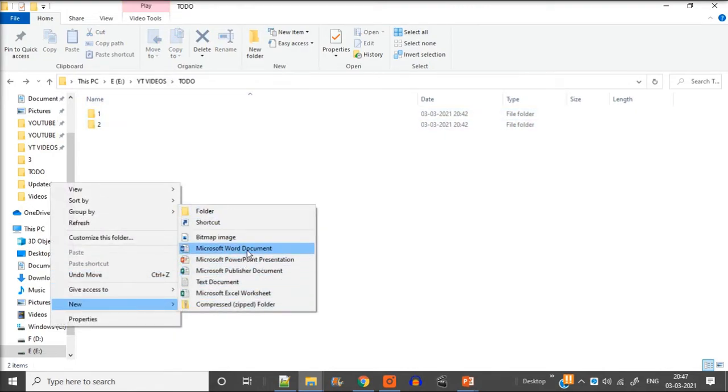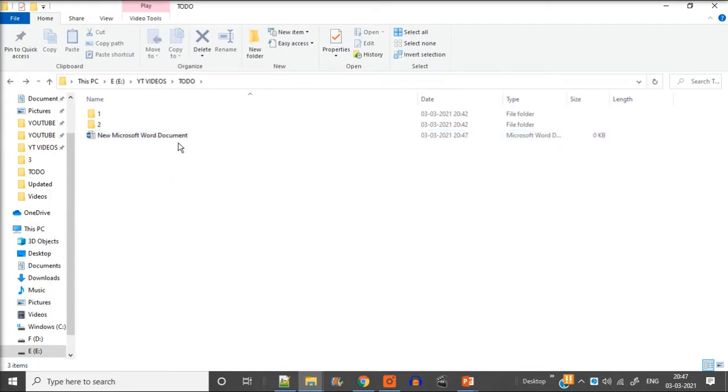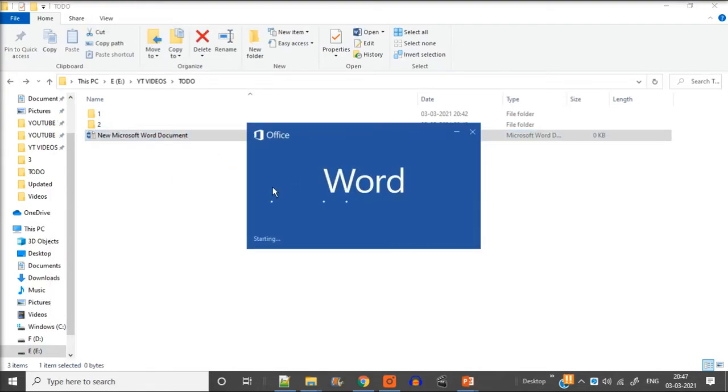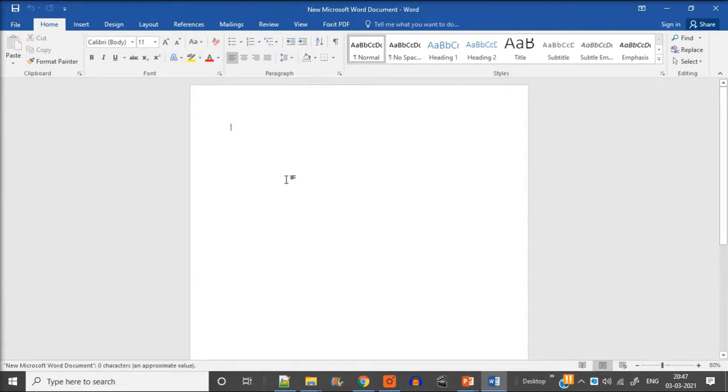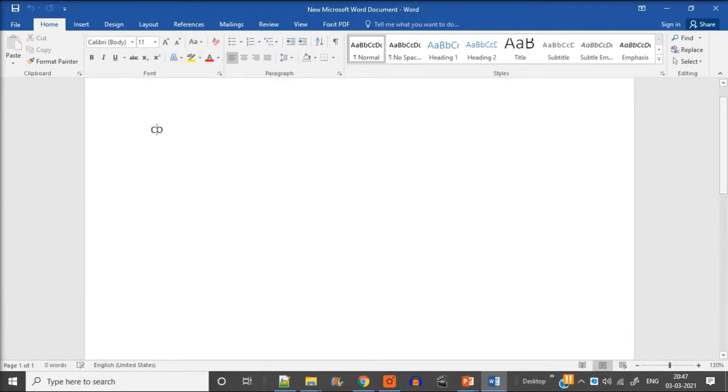But if you're doing it in Word, I'm making a new Word document. I'll type something here, then I'll show you what selecting means. I'm writing computer. Now I am pressing the mouse button and now I am selecting it. This is mouse selection I'm doing. I hope you got the idea.